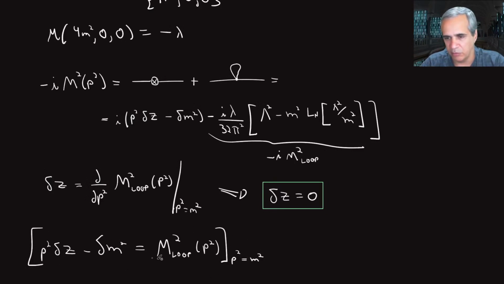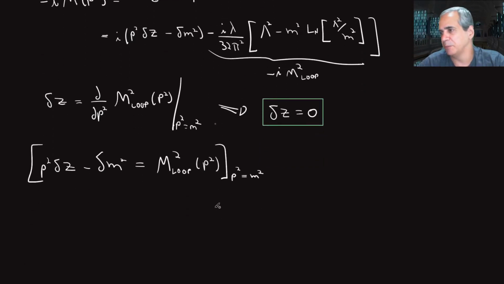This comes from demanding this guy is the pole, and the other one comes from the value of the residue. But now, since delta z is 0, this is 0, and you get that